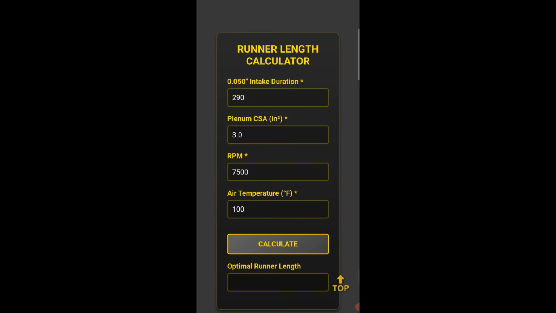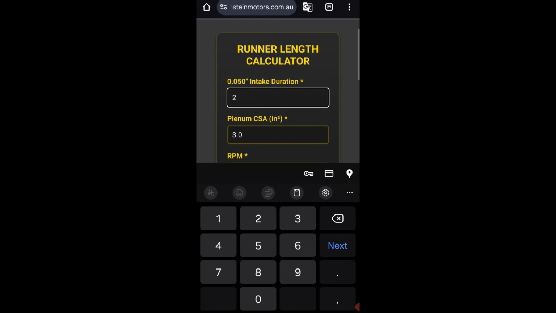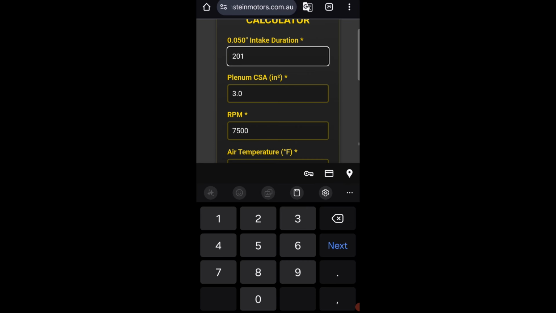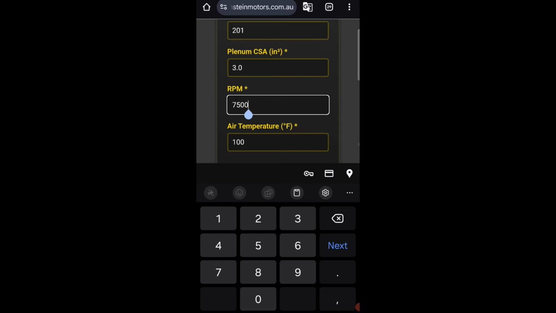This is the other one. Duration at 50 is about 201 from memory. Plenum CSA, the average is about 3. I won't use that big radius because that's really not a good indicator. So let's go